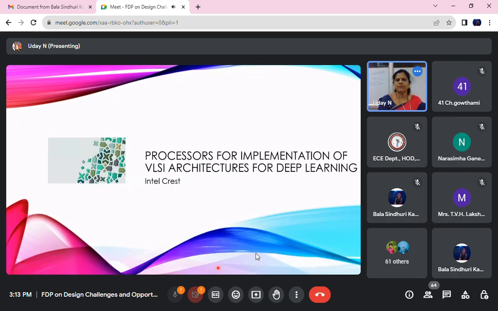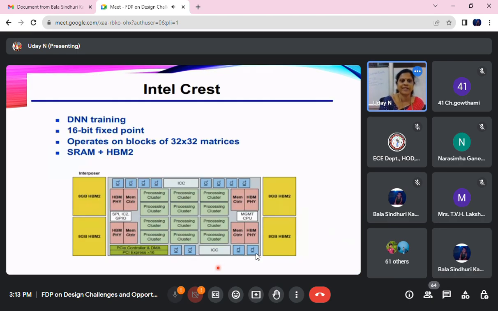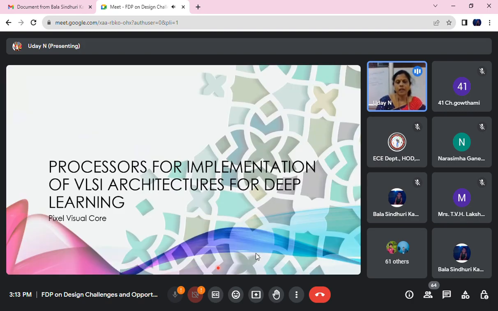And then Intel has developed one more processor called Crest for training the DNN with 16-bit fixed point, and it uses a 32 by 32 matrix multiplication. The memory is a combination of SRAM and high bandwidth memories. It has two high bandwidth memory banks, and one more architecture for implementation of visual core